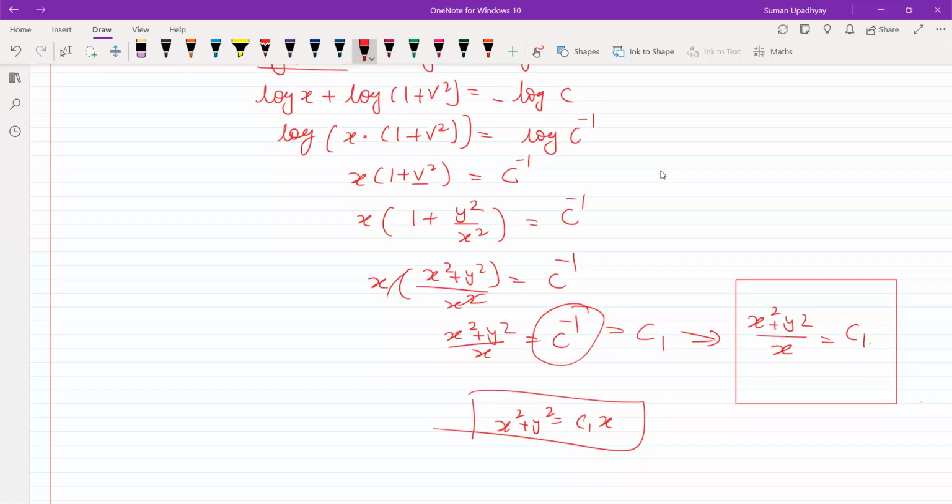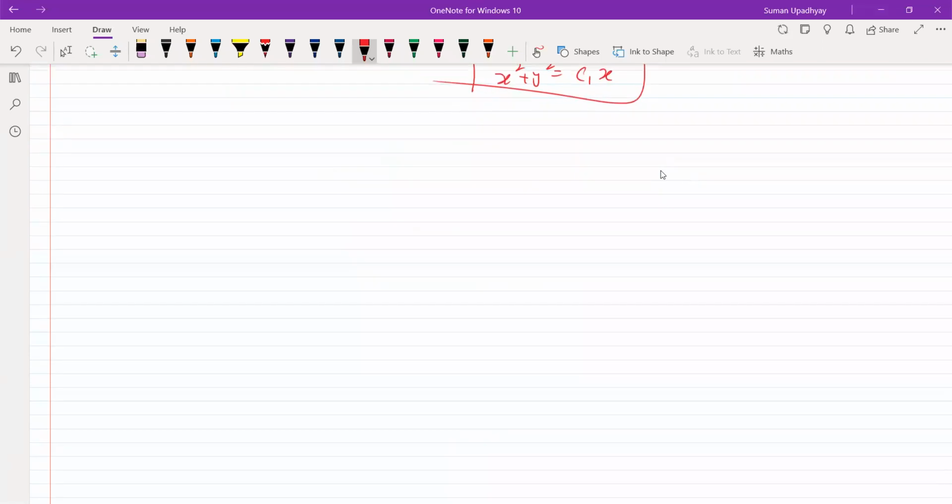So with this, our homogeneous topic is done. I'll just give you one homework question and do try this question by yourself. Okay, take the homework question and इसका final answer मुझे बताओ next lecture में कितना आता है. Solve y square minus x square dy by dx is equals to x into y dy by dx. Okay. So this is a homework question. Do let me know what is the correct answer of this question in the next lecture.